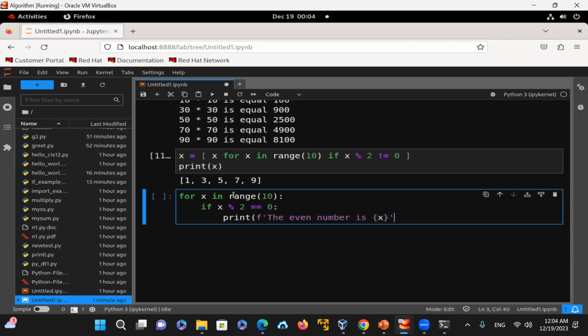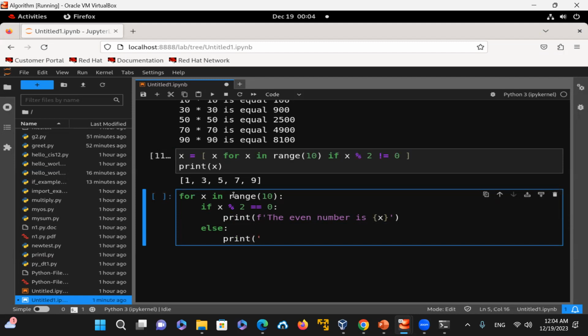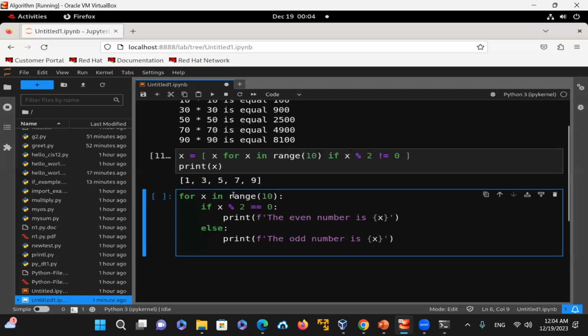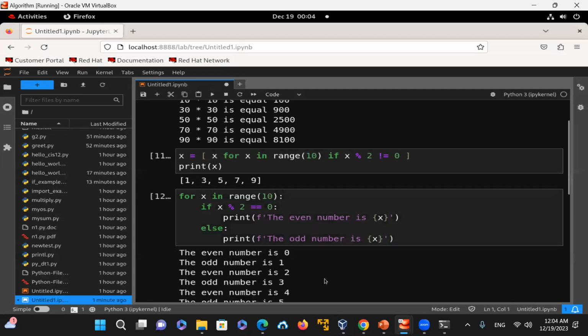You print the x, and then there you go, and then else you just say the odd number is, print f, and we say that odd number is, and then just do x again. Now you run this one, and when you execute this cell, you see that the even